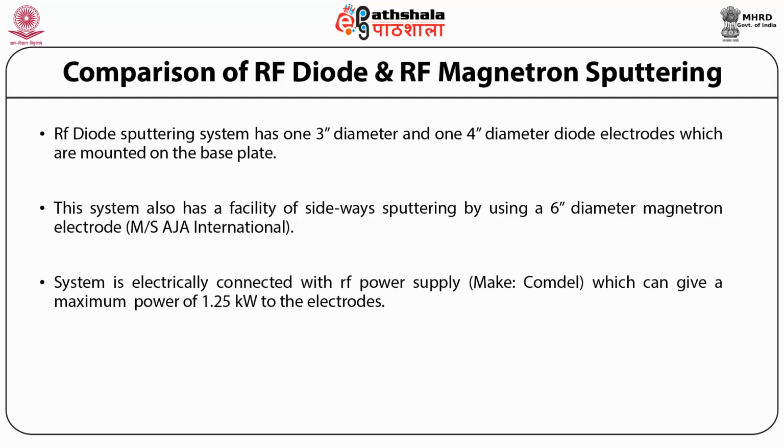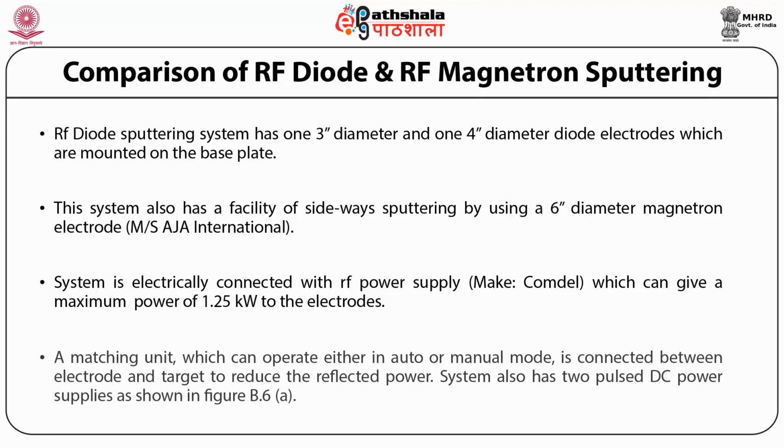The system is electrically connected with an RF power supply which can give a maximum power of 1.25 kilowatts to the electrodes. A matching unit which can operate either in auto or manual mode is connected between electrode and target to reduce